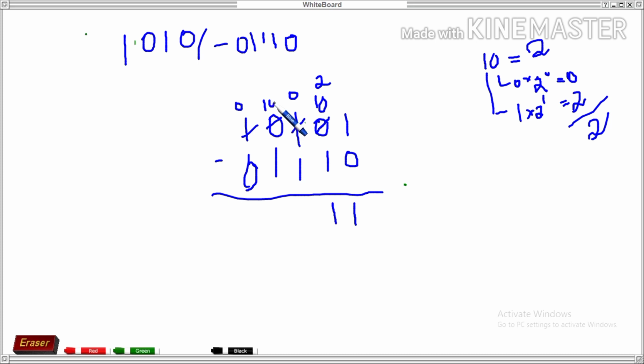Okay, now 1 0 means in decimal it is 2. Okay, from 2 we can borrow 1, so we will borrow 1 from 2, here remains 1, and this will become again 1 0. 1 0 means what? 2 in decimal, right students? So 2 minus 1 will be 1. Yes, then 1 minus 1 is what? 0, and 0 minus 0 is 0. So this is the answer. So the answer will be 0 0 1 1 1. So students, clear? I think so. Binary addition, binary subtraction, both are clear.